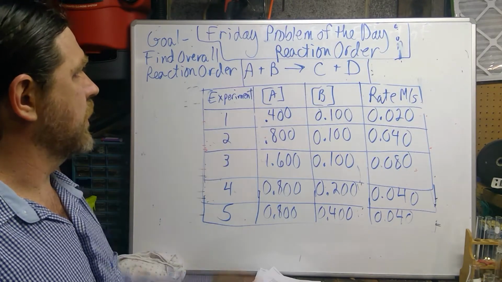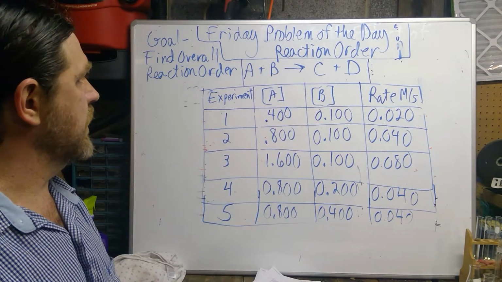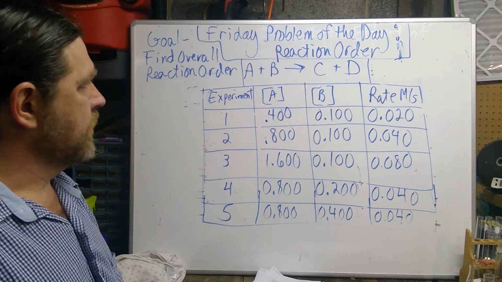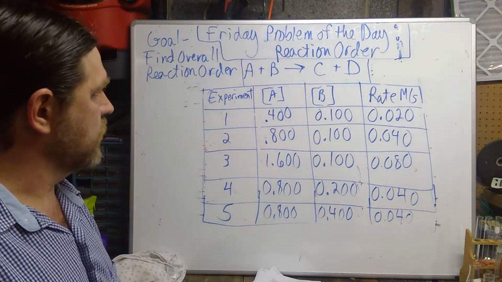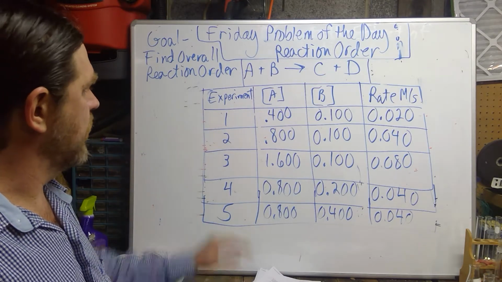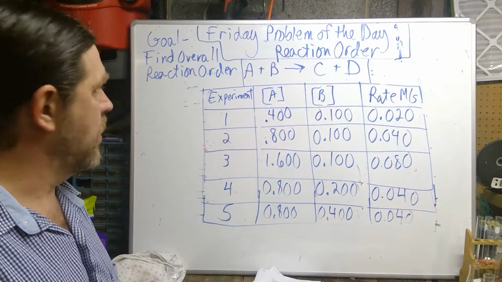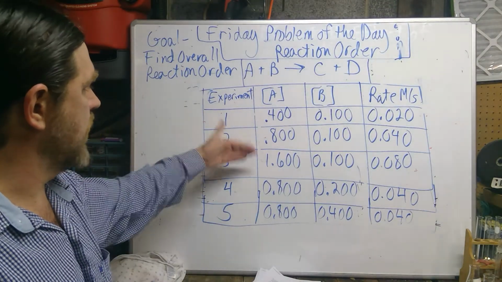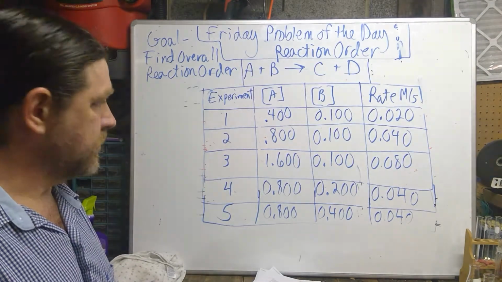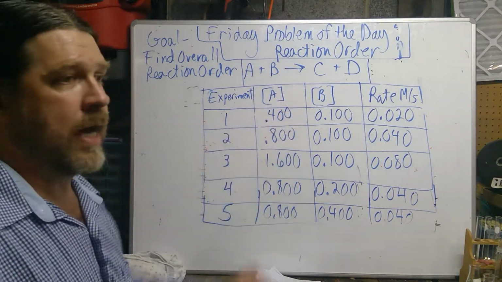So we got a generic A, B, C, D reaction. We're looking at our two reactants here, A and B, in molar concentrations. And we've done 5 experiments and gotten 5 different rates. Well, they're not all different, but what we're going to do is figure out a generalized rate law based on the data here. We take our baseline trial, which is trial 1, and then we start successively comparing the changes that happen from there to garner if these two reactants